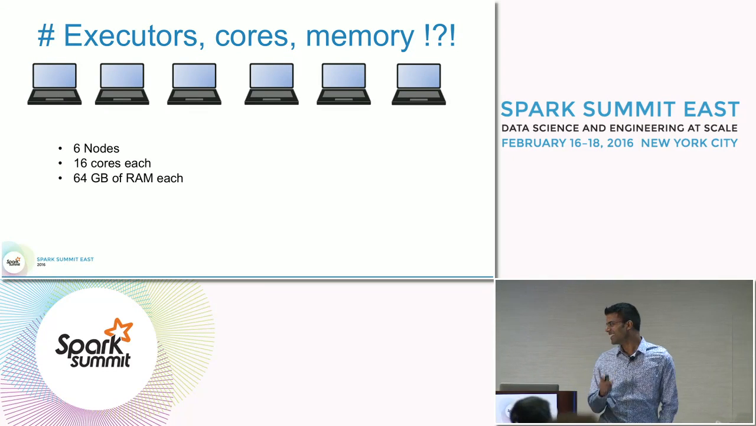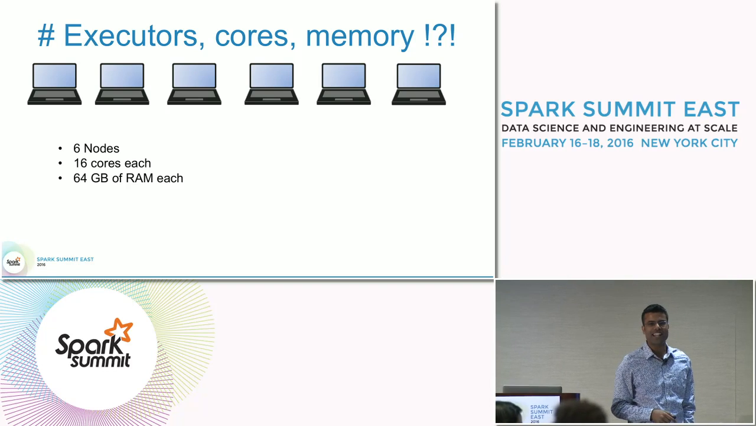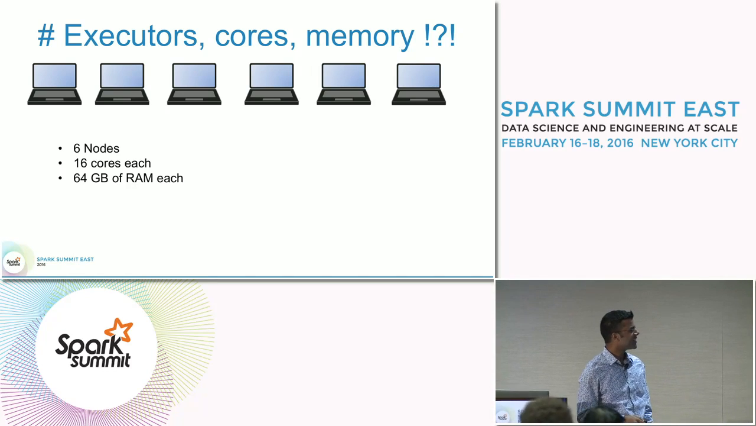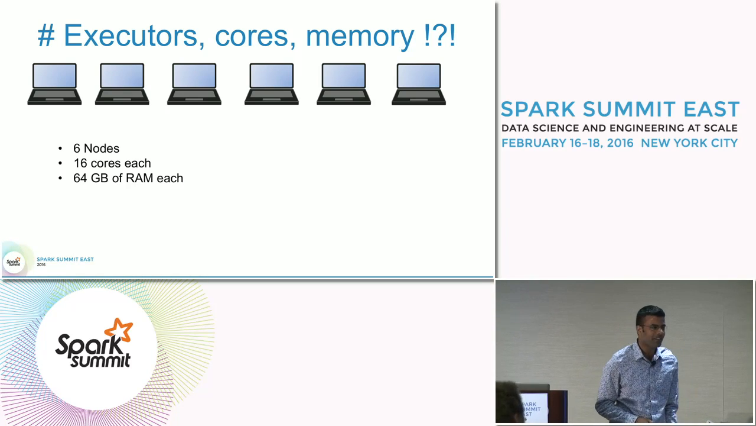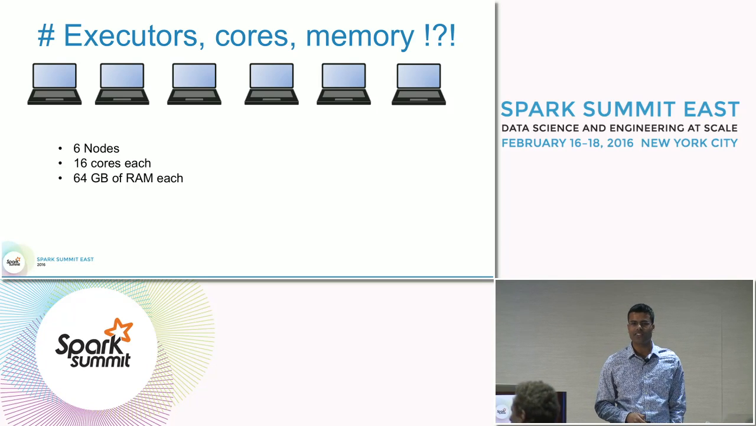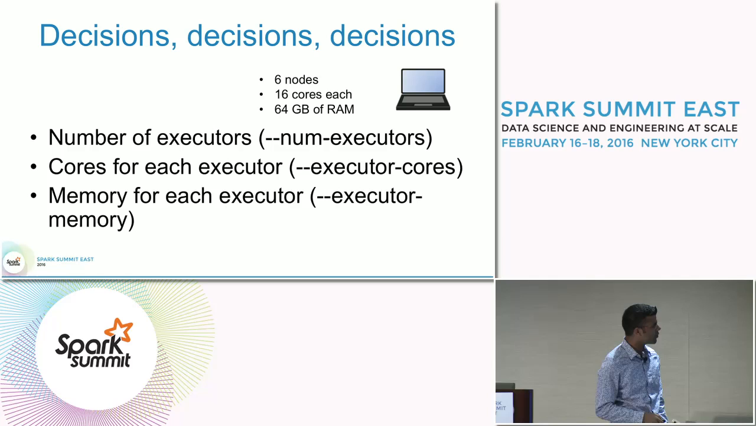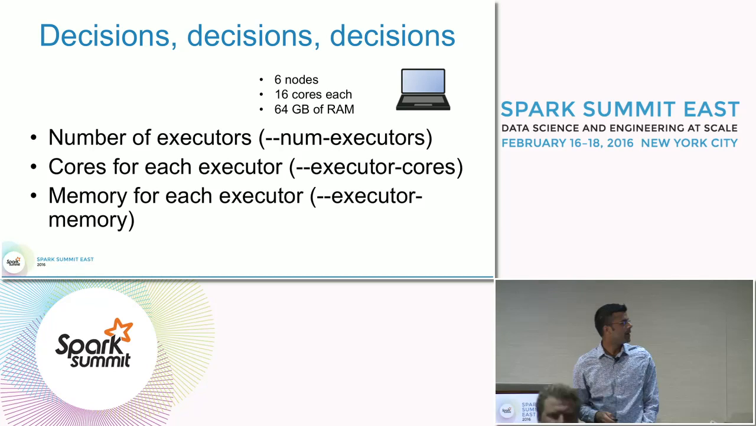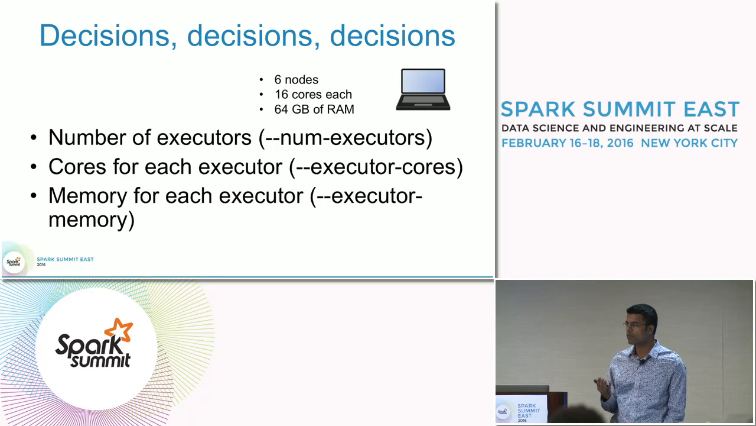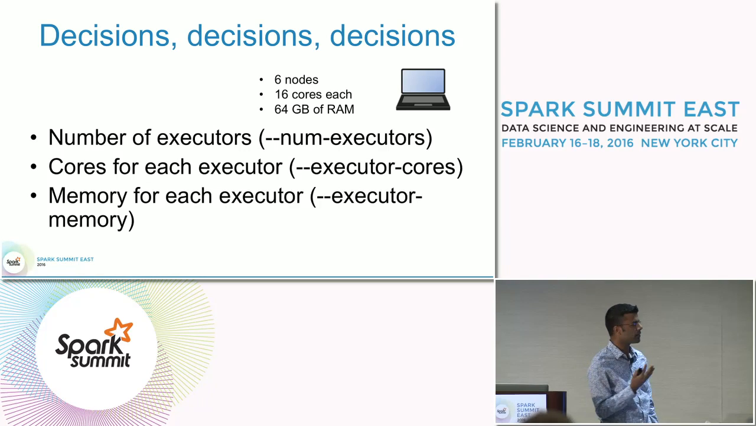First mistake, you've got 6 nodes, you've got 16 cores, 64 gigs of RAM. But you don't really know how to size your executors. So you ask yourself, how many executors should I have? How many cores should I have? How much memory do I give to these executors? And all these properties exist. So the first problem that people have when they write Spark applications is how do I set all these properties,